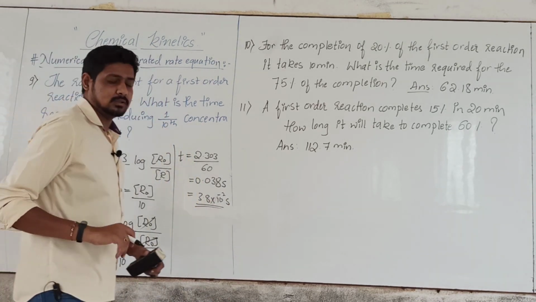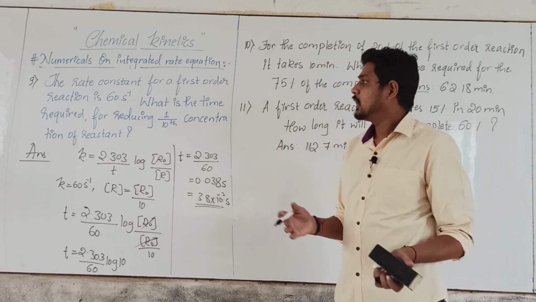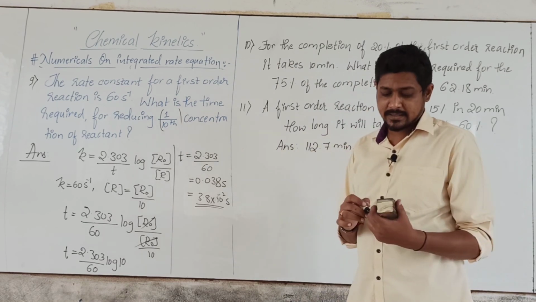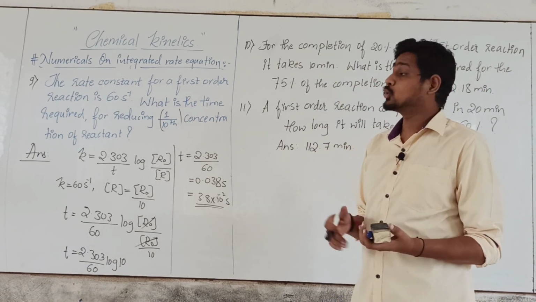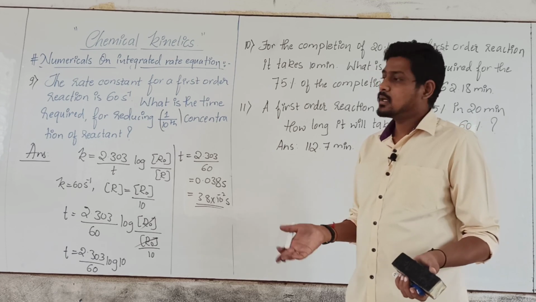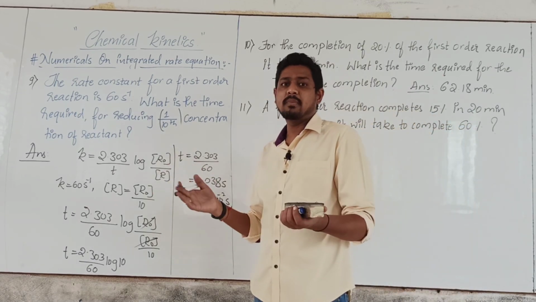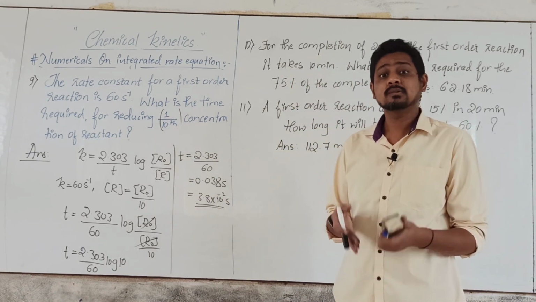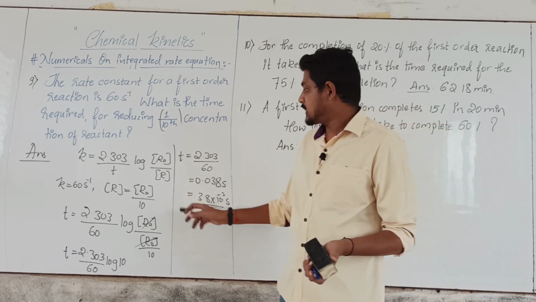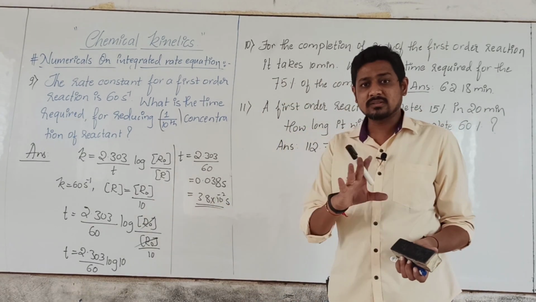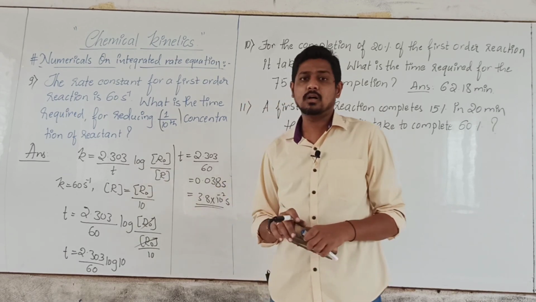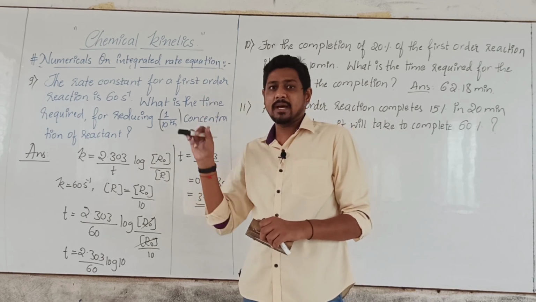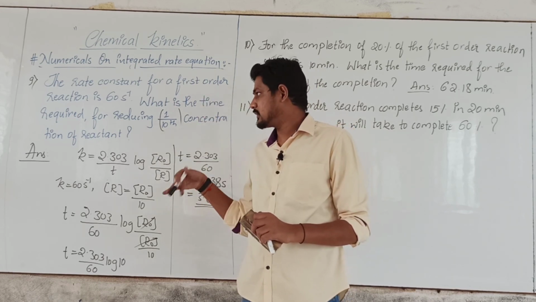So simple. You can expect these types of questions in competitive examinations. Here they have given 1/10, but they may ask you 2/3, 1/20th, 4/5 or 3/4. They can ask anything. The same formula will be used, you just have to make the adjustment and do the calculation properly. One thing is that you have to know the log values properly. Regarding logarithms, how to calculate the logs, I will take that in the next class.